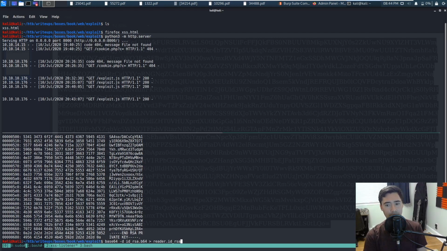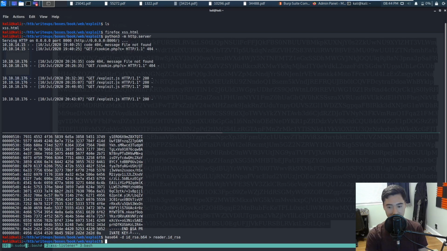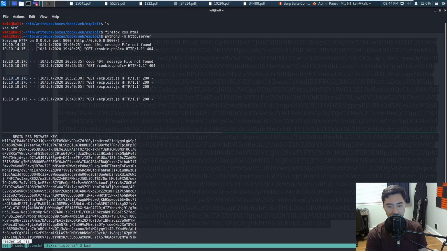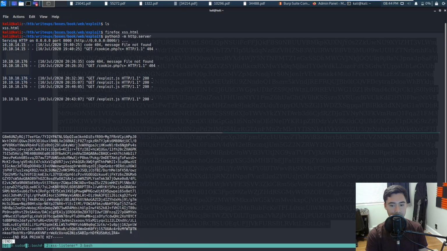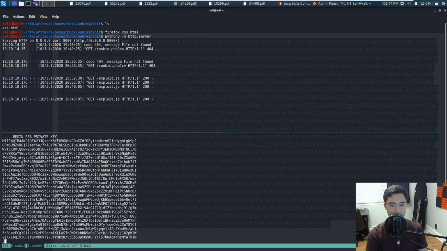You probably want to, because the web application probably doesn't have permissions to do that, or sorry, not the web application, but the software that is executing our JavaScript. I'll show that to you after this. So base64 here, I'll do that, and we'll check out reader.idRSA, and looks like we have a private key